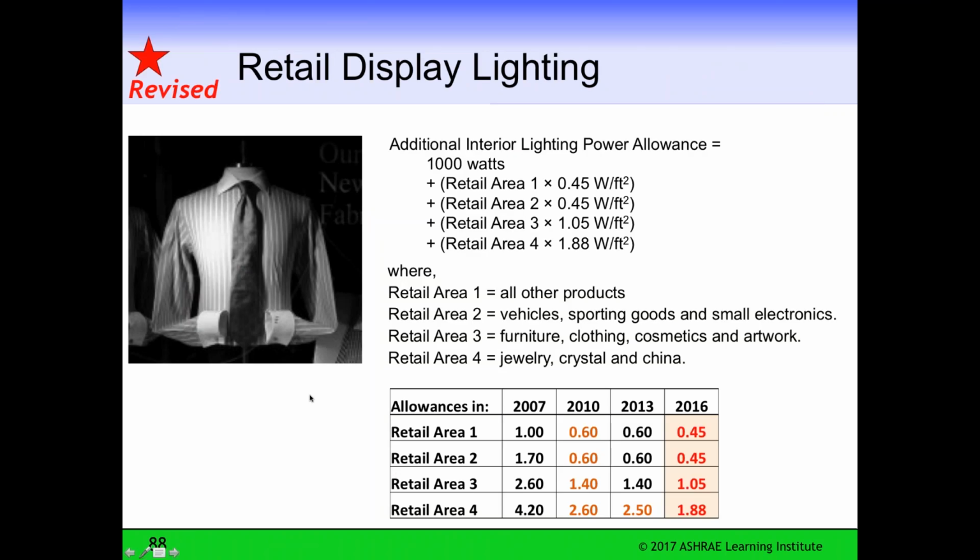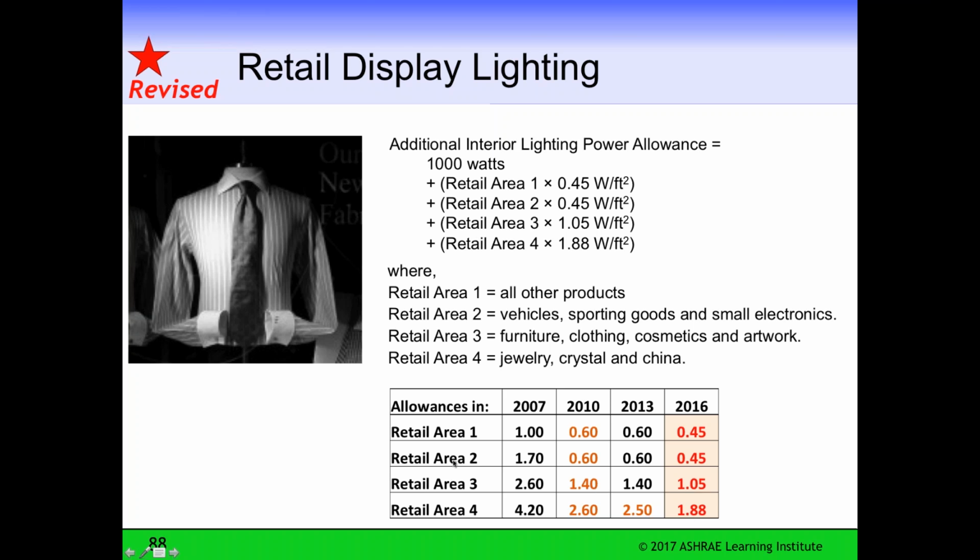For retail display lighting, you can see the allowances just for the display area, not for the whole room of a retail area, but for the display area where you're showing your shirts or your jewelry or whatever. And you get, in 2007, depending upon the type of material you were showing for jewelry and crystal, you got an extra 4.2 watts. 2007, that went down to 2.6 to 2.5 to 1.88 for jewelry, crystal, and china.